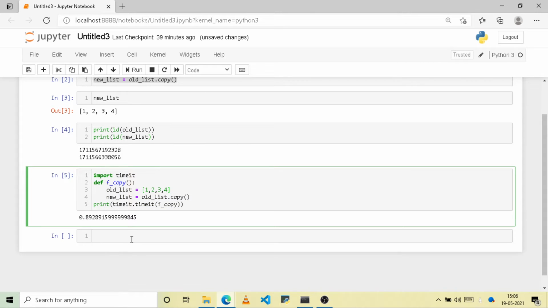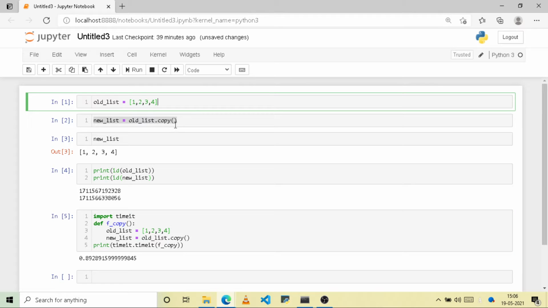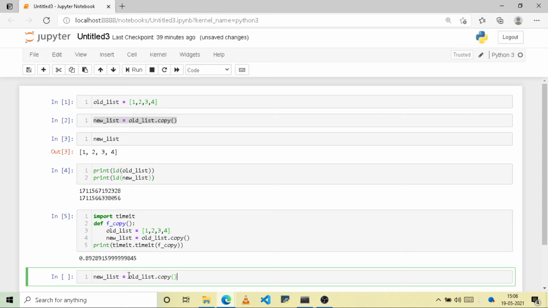In the same way, let's see the second method of copying a list, and the method is using the slice operation. Let's repeat the same thing here, but this time instead of copy we will use the slice method.